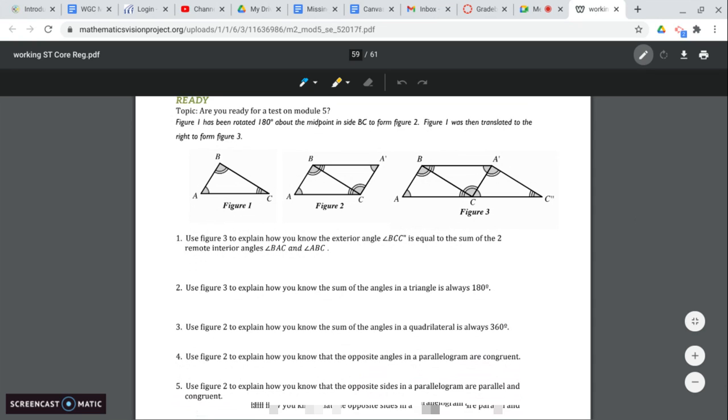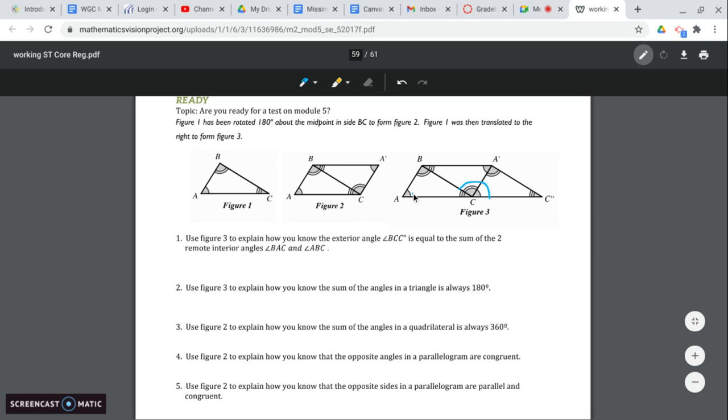Figure 1 has been rotated 180 degrees about the midpoint inside BC to form figure 2. Figure 1 was then translated to the right to form figure 3. So we moved it there, then we rotated it back, and we went this way. Use figure 3 to explain how you know the exterior angle BCC double prime, this whole angle right here, is equal to the sum of the two remote interior angles